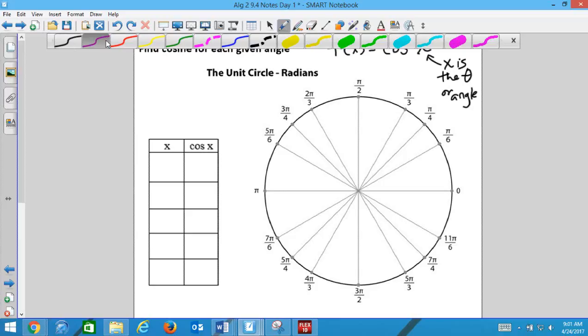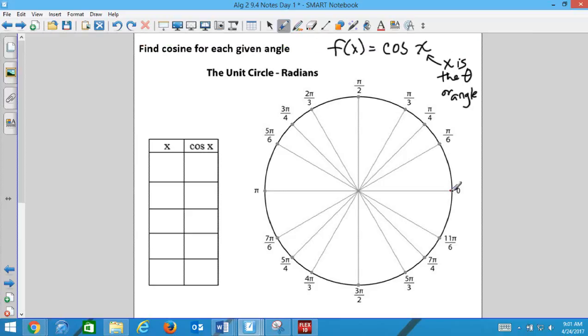It's always the x. So when I look at this and I go to my first ordered pair, my x value is this length. My x is what? 1. And then my second one, my x value is